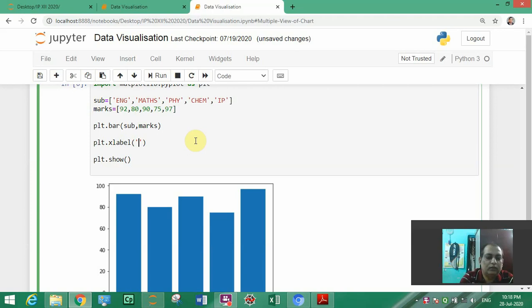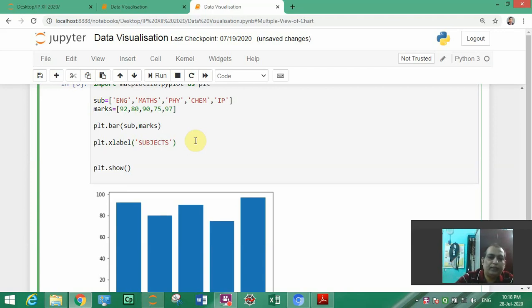That is subjects. So I'll write subjects. Next one, plt.ylabel, label, it is not level, so label, and you have to write what? X axis, what is showing?